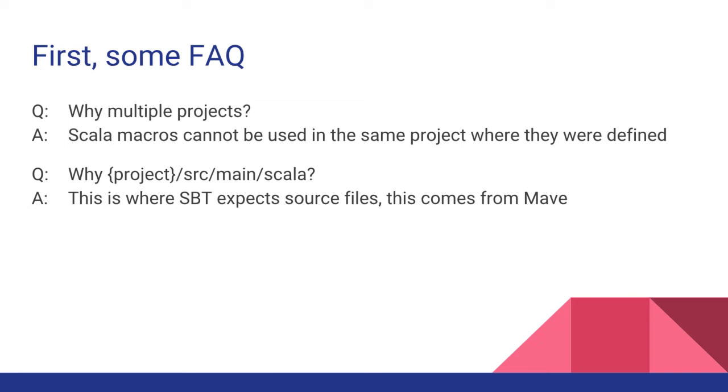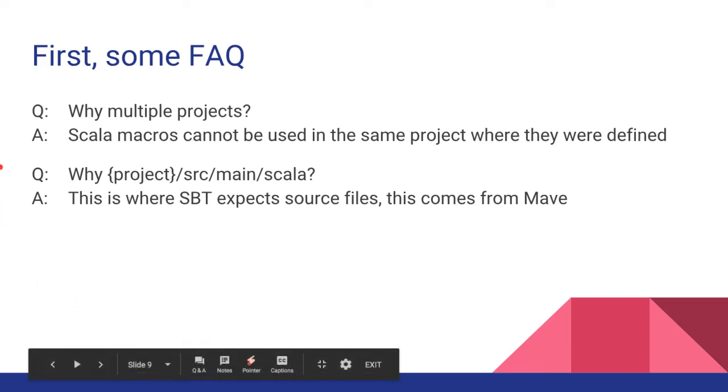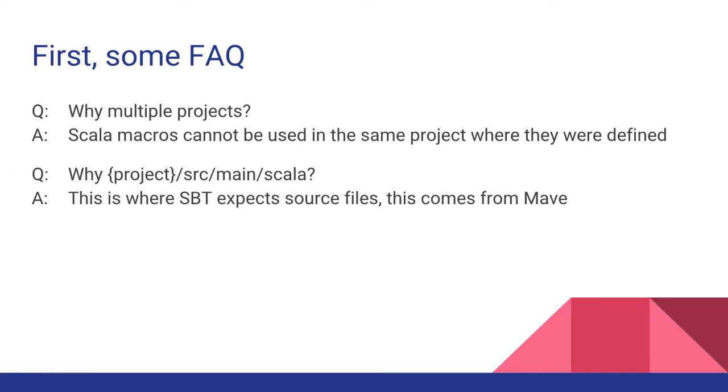So briefly, some FAQ. If you look at the Chisel repository, you'll notice that there's multiple projects. There is the core, macros, Chisel front end, and then the stuff under source main Scala, which we just call Chisel 3. Why are they in multiple projects? Because Scala macros cannot be used in the same project where they're defined. So a Scala macro, for those who aren't familiar, it's essentially a code rewriter, kind of like in C++ or C, a macro is like a thing that before compilation can generate more text, if you will.